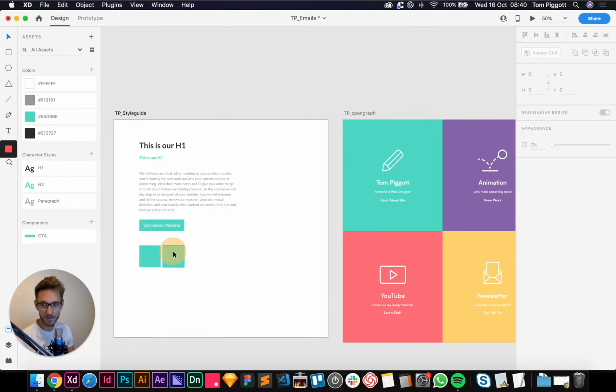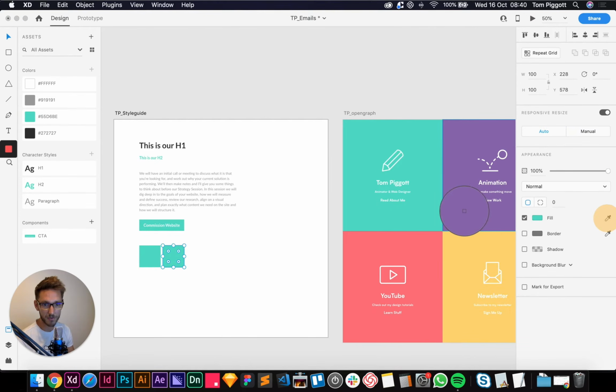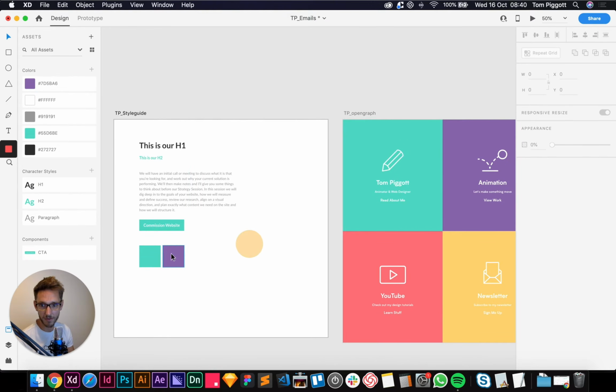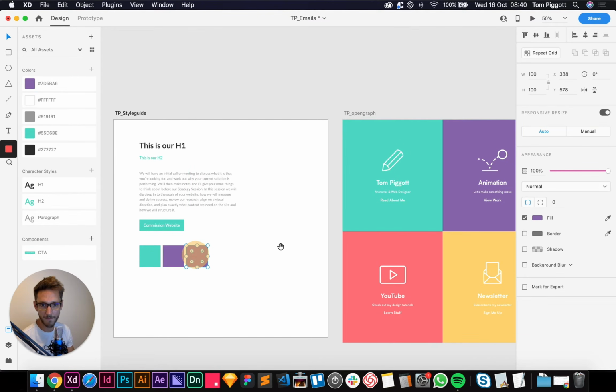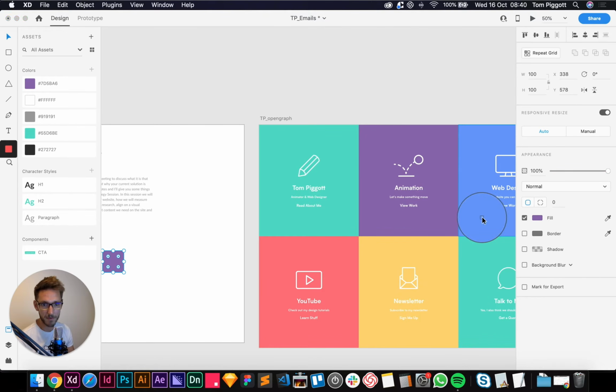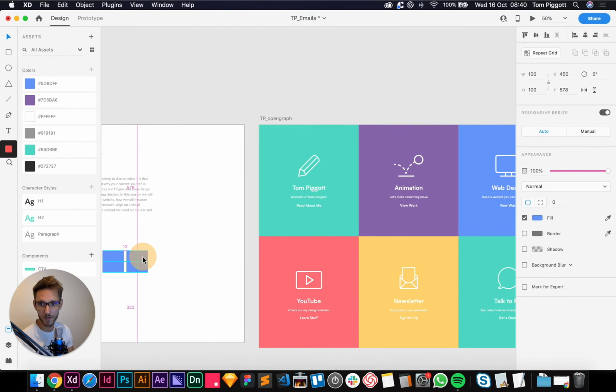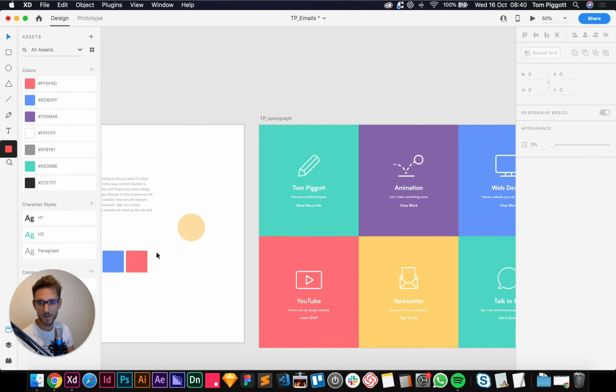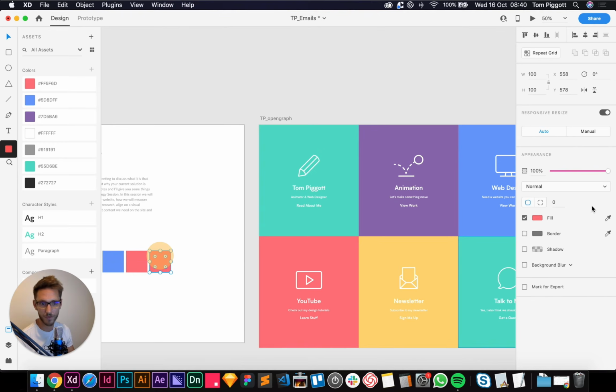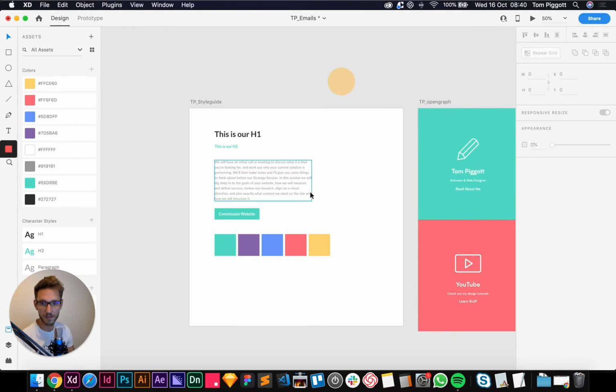And all I'm going to do is use this eyedropper tool to pick my purple, and then I can add my purple up here. And I'm going to drag another one, pick my eyedropper, get my blue, add my blue up into my styles, and do another one, and then I'm going to get my red. See, that's snapping to 12. I can just nudge it over to 10 because I like things to be neat. Grab my red, grab my yellow, and then there's all my colours.